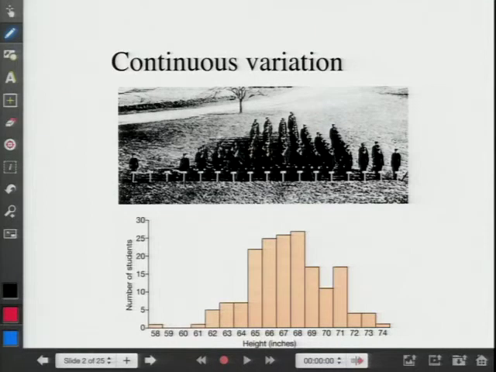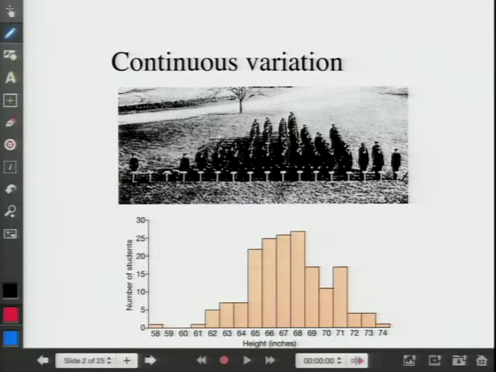Continuous variation is described by some kind of continuous metric, which could be inches or speed or enzyme capacity, or all these kinds of things that can be measured on some kind of linear scale. Most morphological traits are like this. Here's a histogram of student height in some class, and you can see it's a roughly normal type distribution, where there's a few people that are really short, a whole bunch of people in the middle, and a few people that are really tall, and every possibility in between has some possibility of representation, so that the distribution of variation